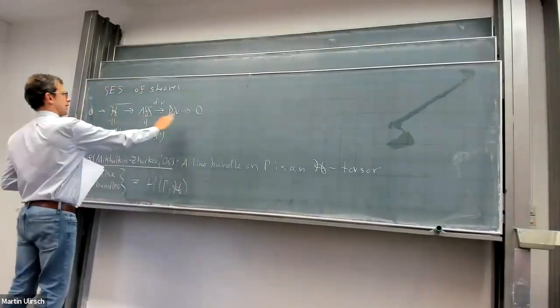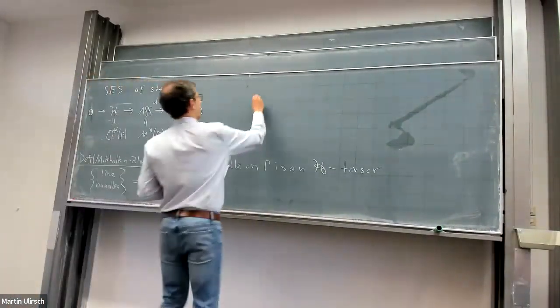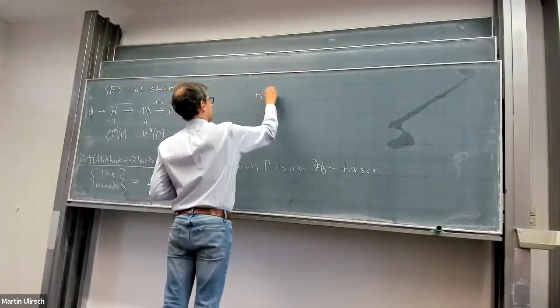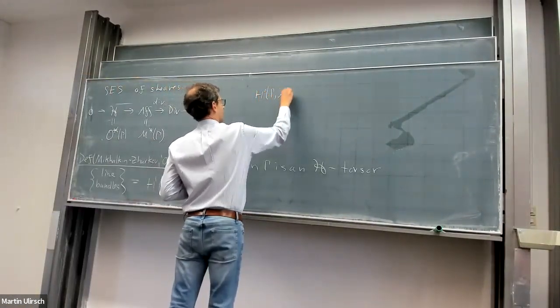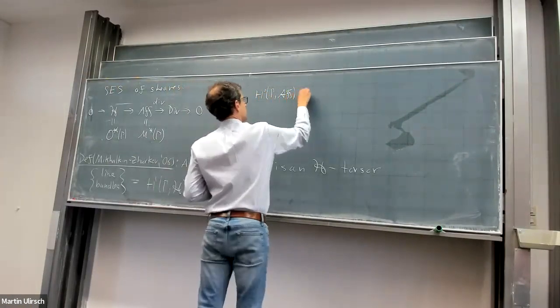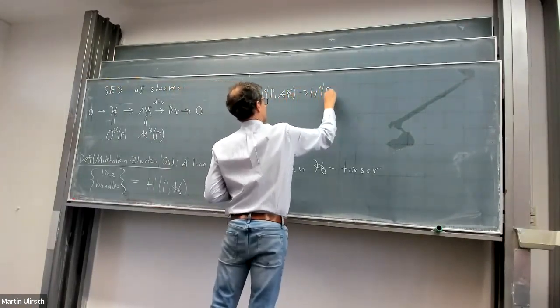So if you look at the long exact sequence here, you've got H0(gamma, F), then you've got H0(gamma, div),